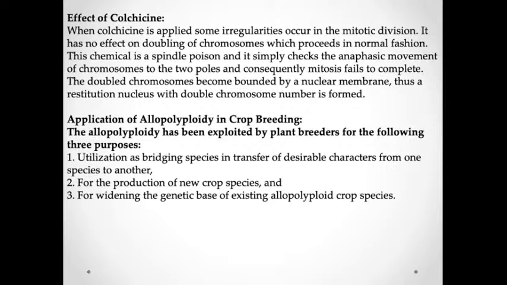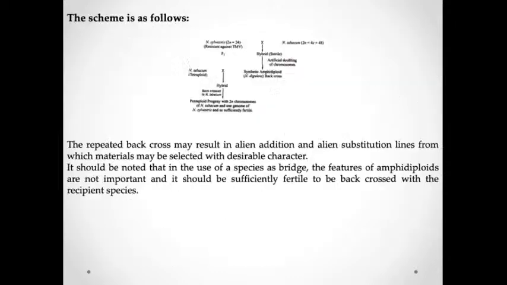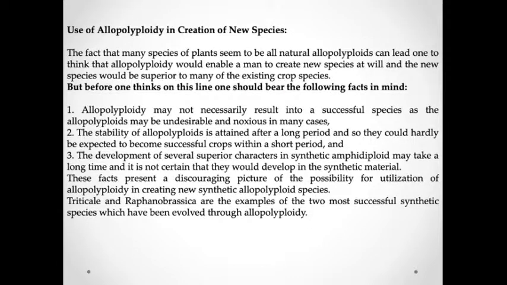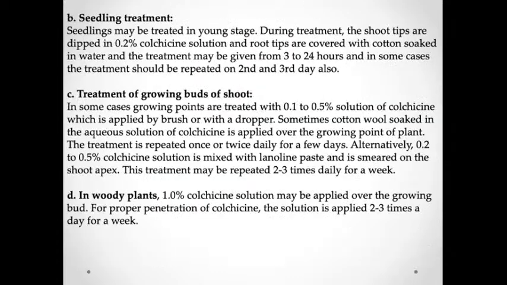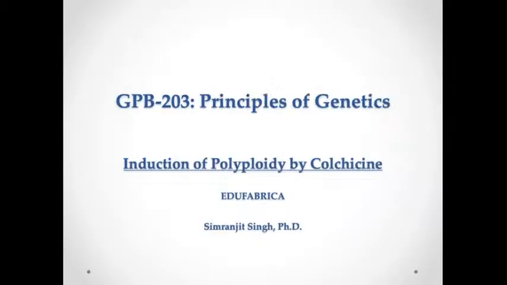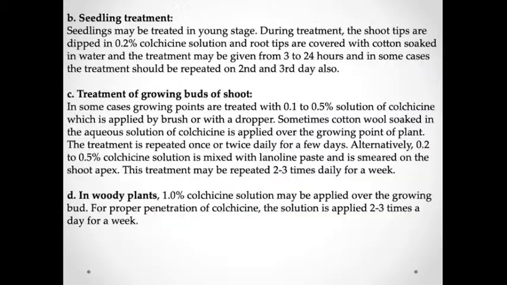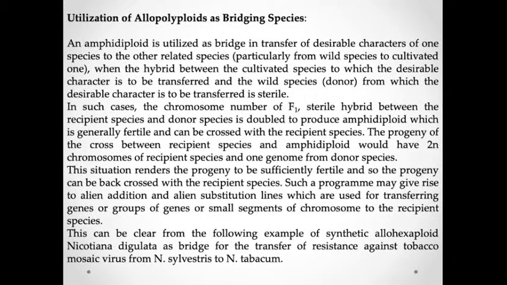Allopolyploidy in crop breeding has been used for three purposes: utilization as bridging species and transfer of desirable characters from one species to another, for the production of new crop species, and for widening the genetic base of existing allopolyploid crop species. So these are the various aspects of it. My reason to show you this was mainly to show how polyploidy by colchicine could affect, and these are the various